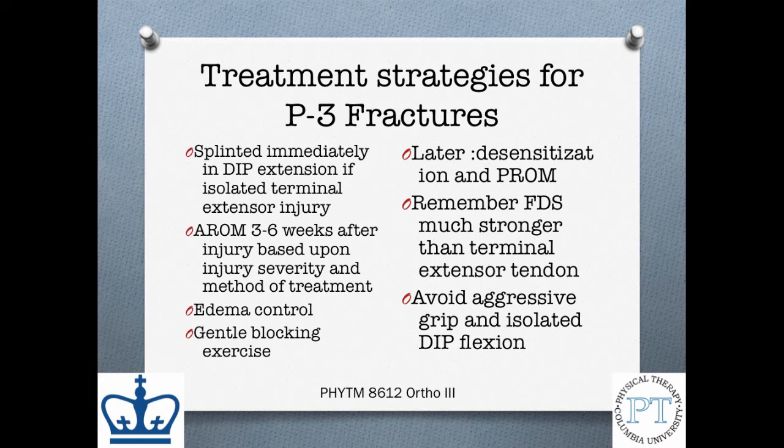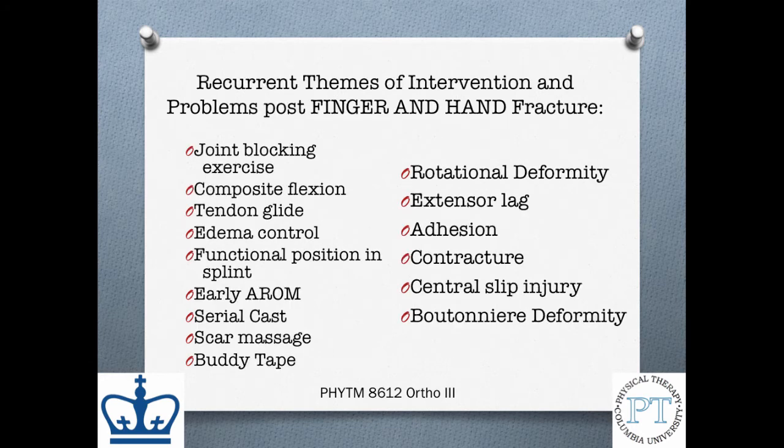Just remember that we want to be careful because typically the terminal extensor tendon is weaker than the flexor digitorum superficialis, so that an imbalance can be created. So we want to avoid aggressive gripping and isolated DIP flexion, because that could cause an avulsion on the other side, the extensor side. So typically,